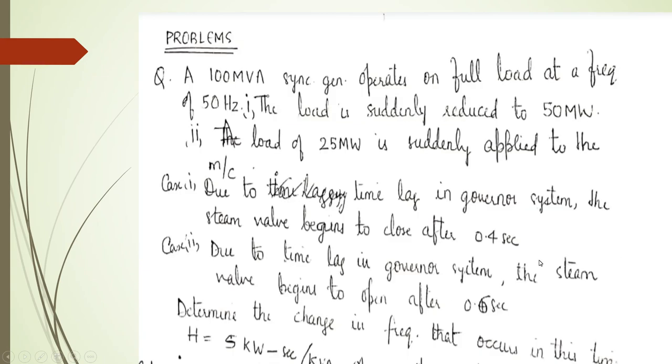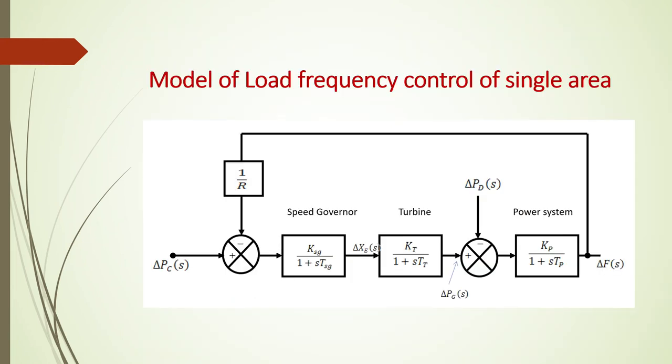Okay, let us see the numericals here. One more thing, that this is a very important question. In the exam, this can be asked for 10 marks, that is, from fundamentals, obtain the block diagram representation of a single area controlled power system network. So this can be asked for 10 marks. All the three models you have to write and explain, draw the diagrams and write the equations, then you may get the 10 marks.